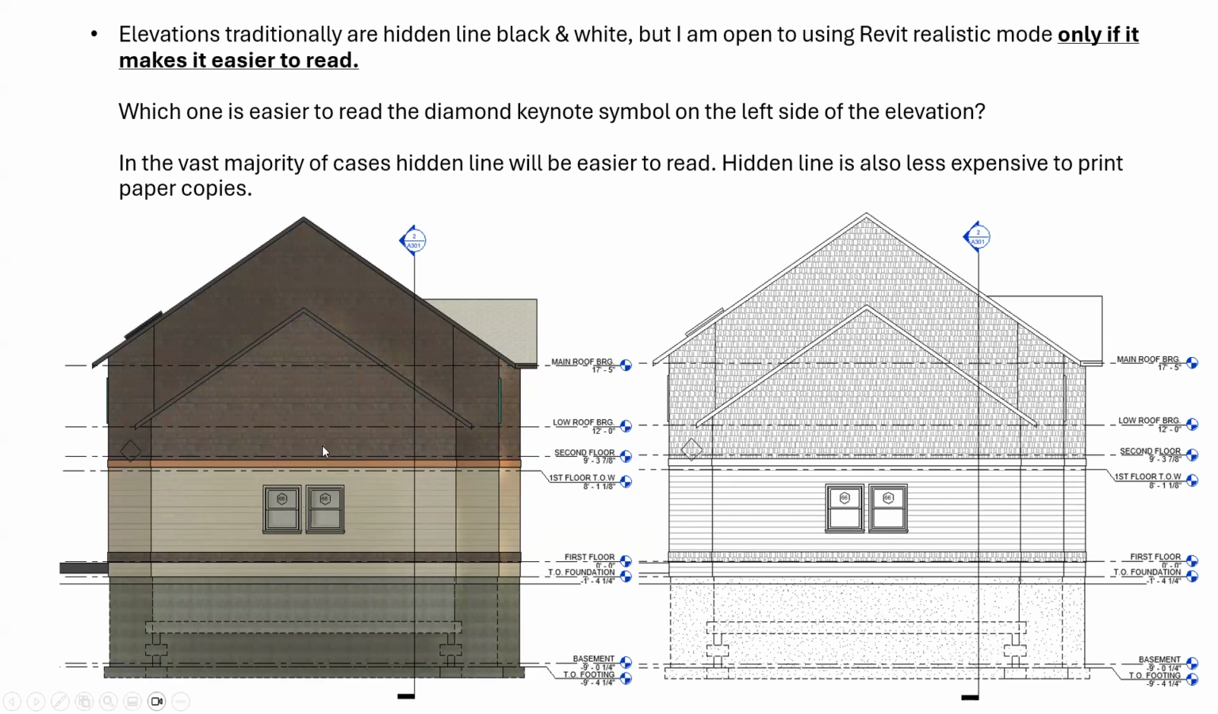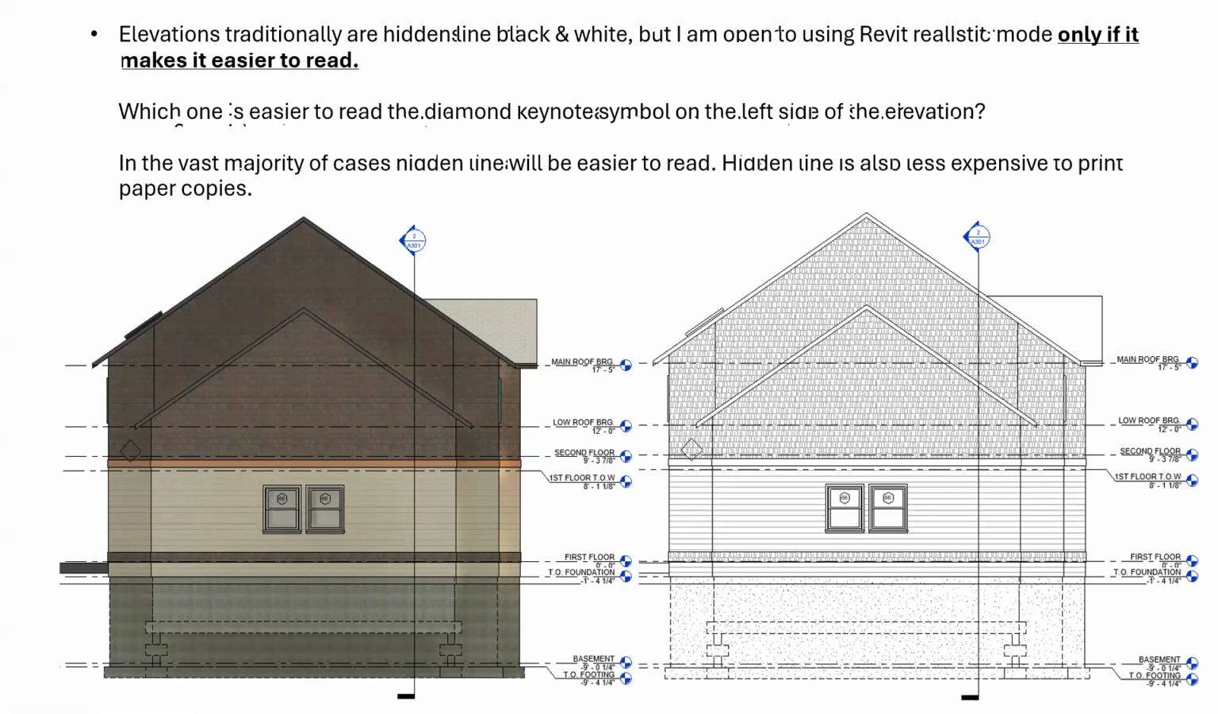And I did the same diamond keynote in here in realistic mode. I actually think that hidden line is easier to read. It's easier to see your keynotes. It's easier to see what's actually going on. I think the color in some cases is distracting. So my view is the vast majority of cases, the hidden line will be easier to read. You can show them your colors on your renderings and all that, but I don't think they're really necessary on